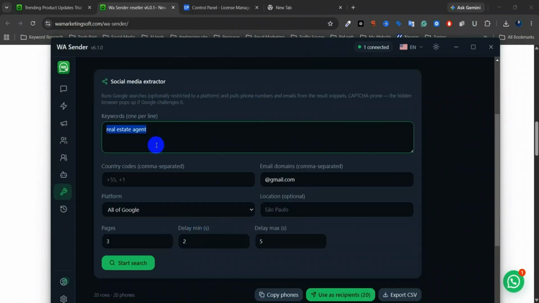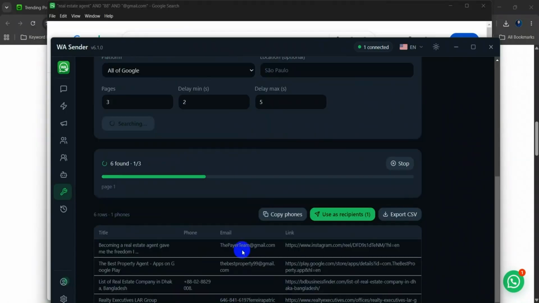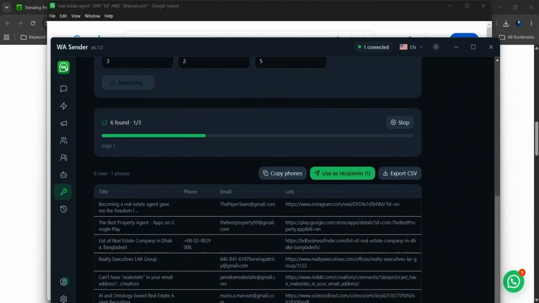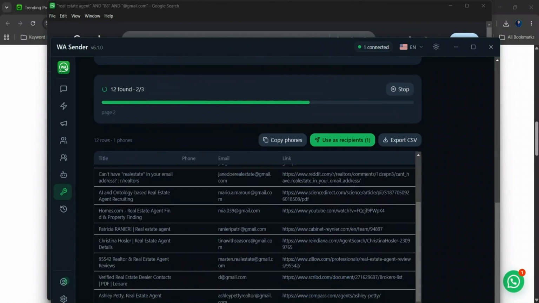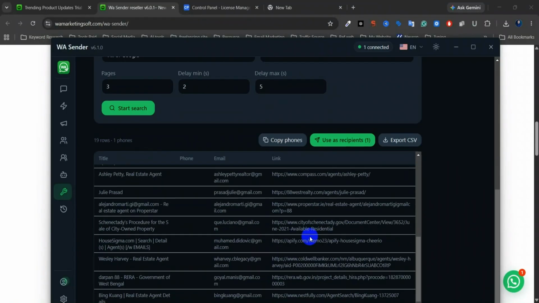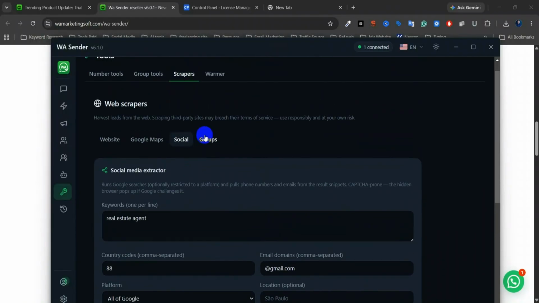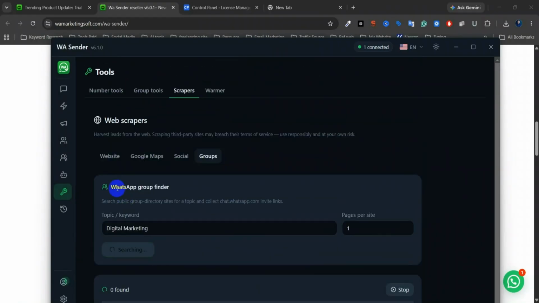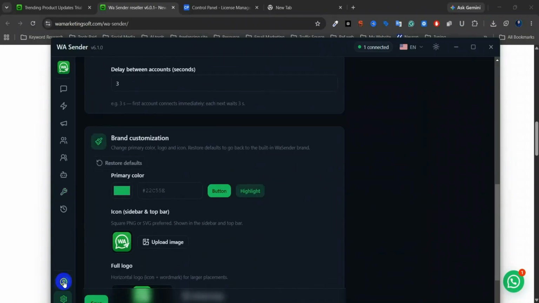Okay, here the option social media extractor. So write real estate agent, and country code, and I want Gmail, and I want all platforms. So here the data collection from all platforms. Okay, you can now export the CSV file. Okay, group. So you can easily find group members if you have any group list. So through the option you can add multiple